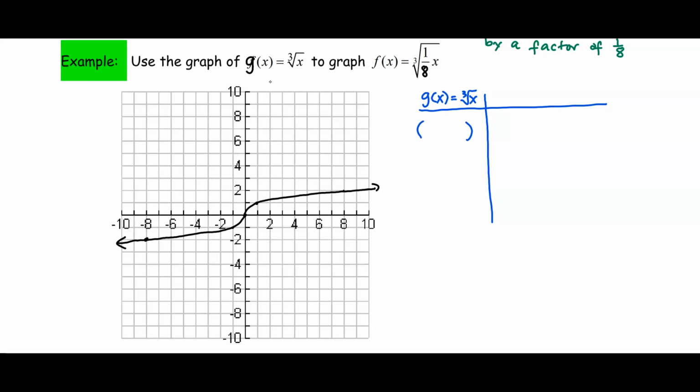So the point 8, 2, 1, 1, 0, 0, -1, -1, and -8, -2. And then we take a look at where these points would correspond to the function f of x equal to cube root of